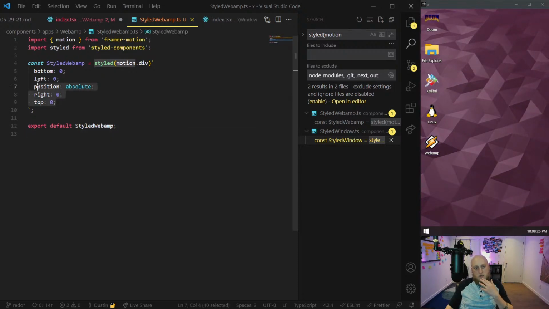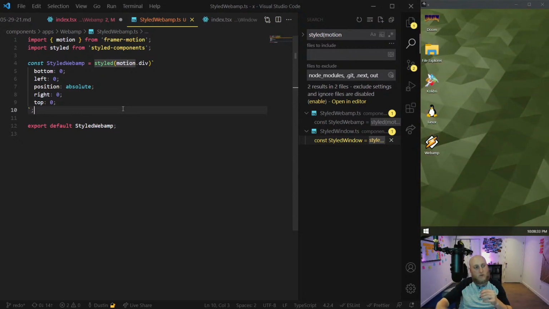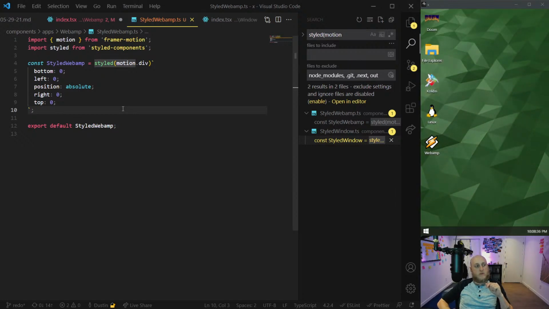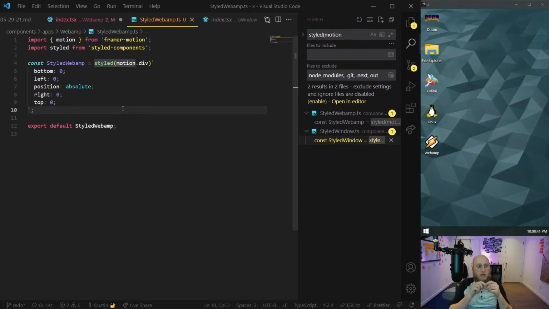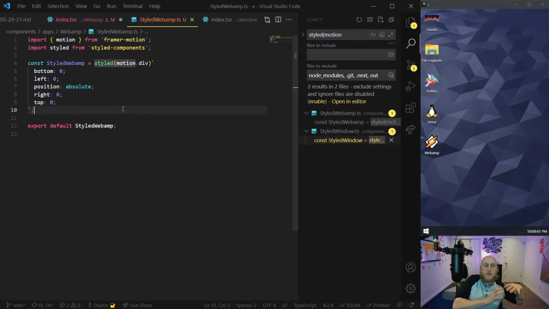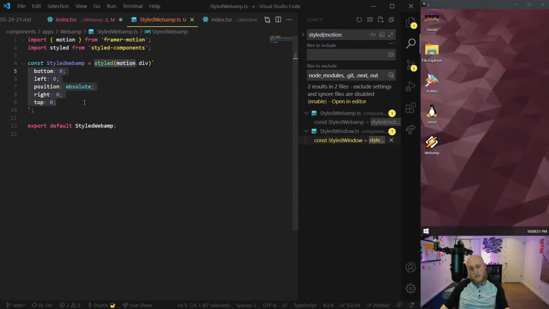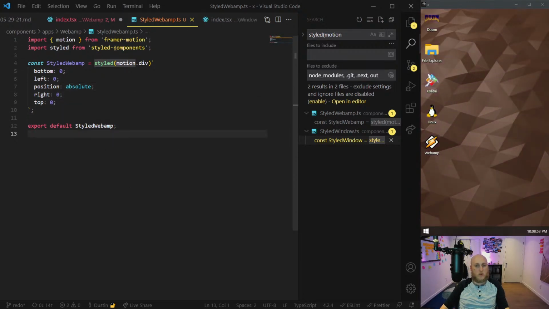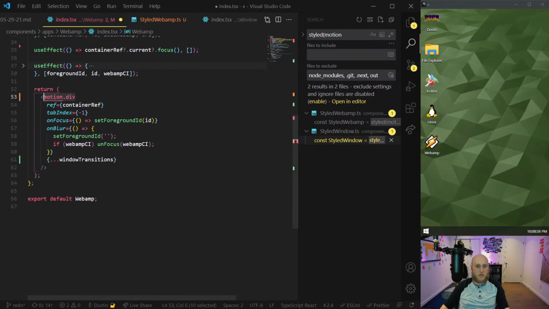Now the reason I did this is that the base container doesn't contain any of the actual Webamp part. There's several more divs there, but I noticed that when I was doing minimizations, it does them on this window, and it was almost like it was in the bottom corner, but it was so big that it wasn't working. It was really weird the way I had the container. But basically, this fixes the issue of minimization, and we'll go back to this and show you it not working in a minute. So I'm just going to change this here to be styled Webamp then, because that's what it is.